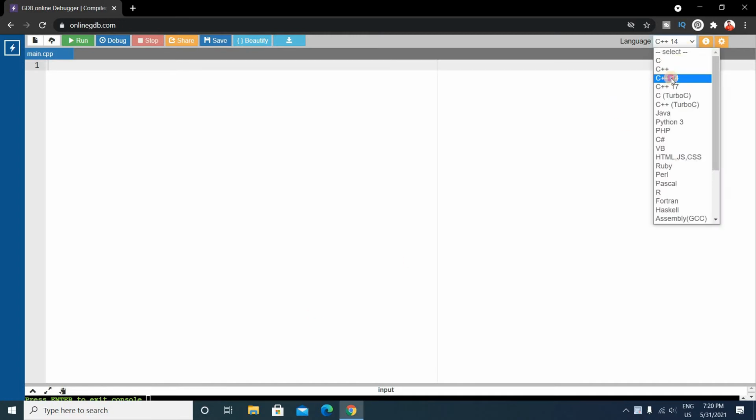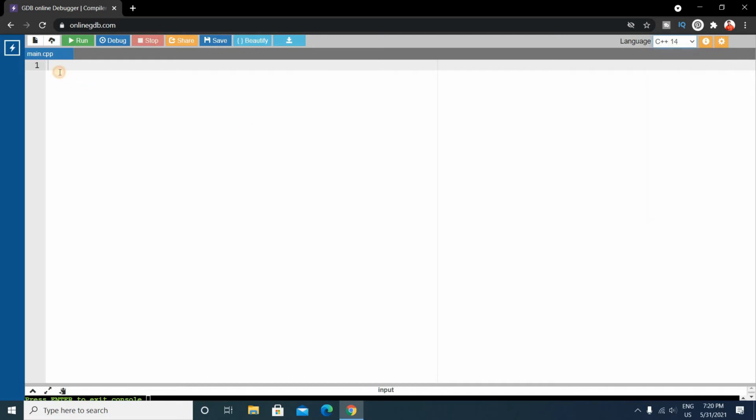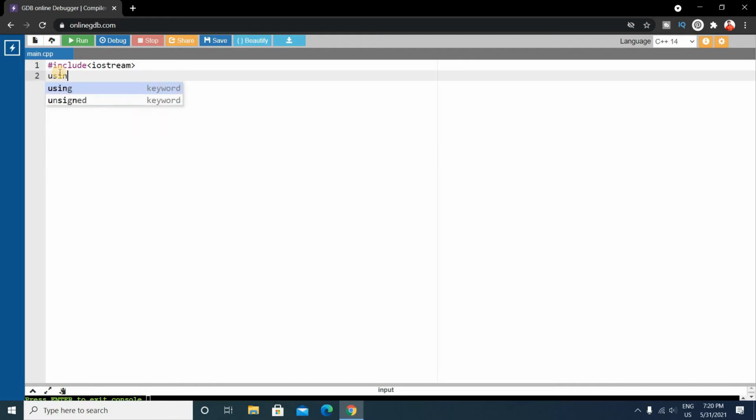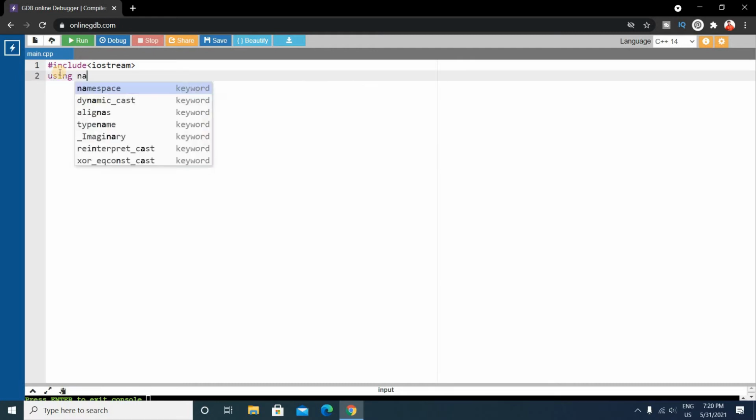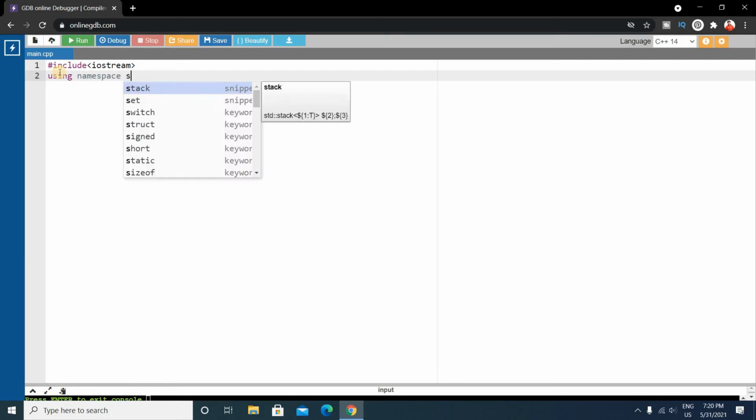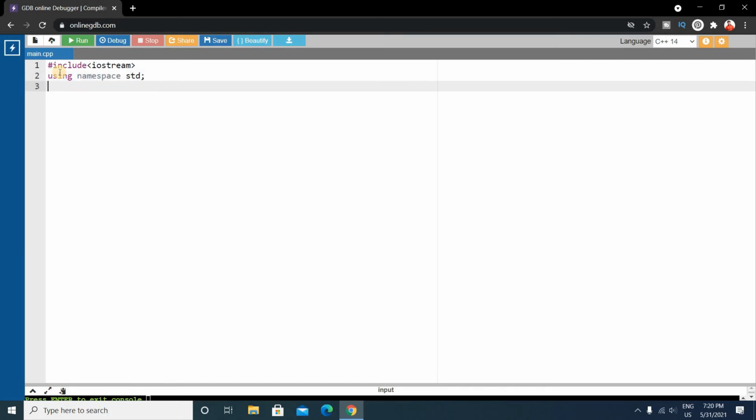Okay, let's start. So first of all, come here and select C++14. Okay, so write the code here. First write include iostream, then using namespace std. Then inside the main function write here,